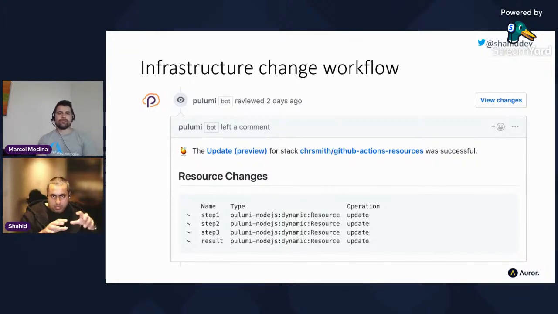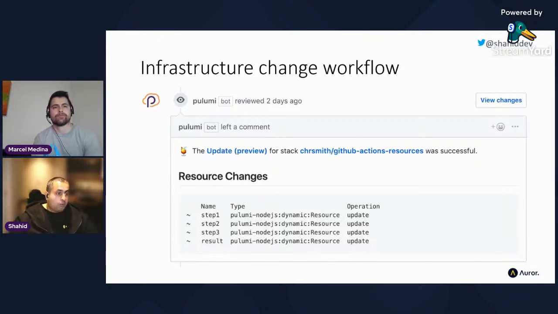There is a concept of Pulumi preview, so a bit like Terraform plan, where it'll show you what it thinks is the current state versus what the new state is, but it doesn't do anything else. I generally do Pulumi up when I'm doing non-production stuff, because it does essentially a plan anyway, a preview, first, and then it gives you the option to go ahead and do the up.